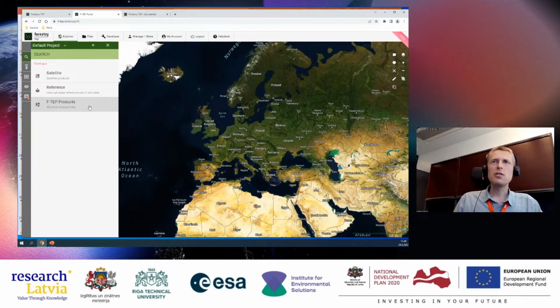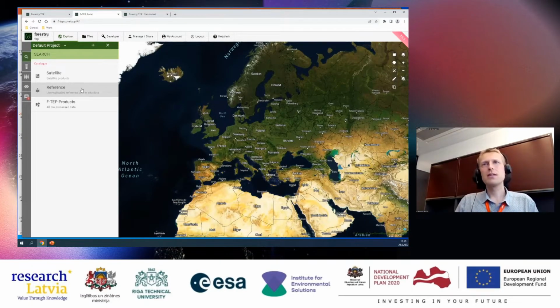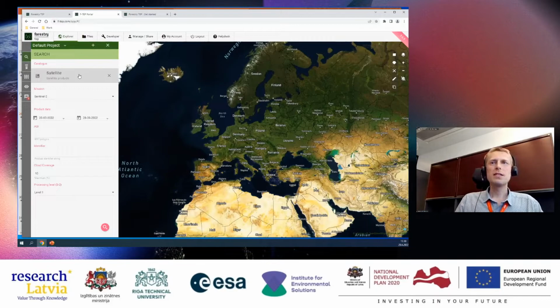And the terminology goes so that the FTEP products are the outputs of jobs that have been run in forestry TEP. Reference data is a bit confusing. Here it means all data that has been uploaded by the users. Then it's considered reference data. The satellite data, on the other hand, is what it's called. It's the satellite data available in CREODIAS, basically.